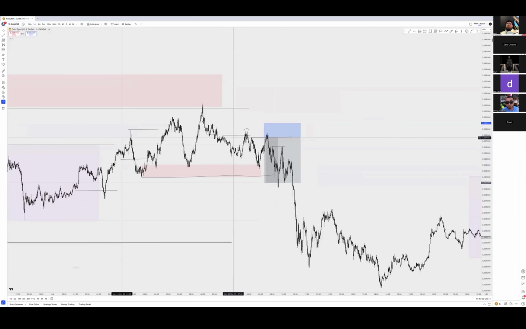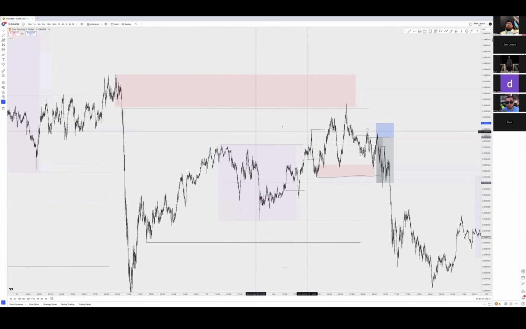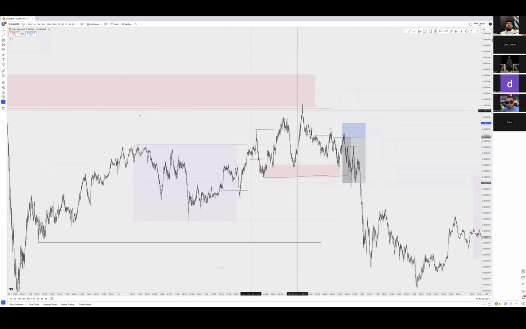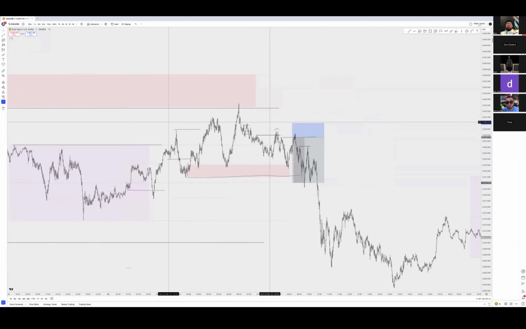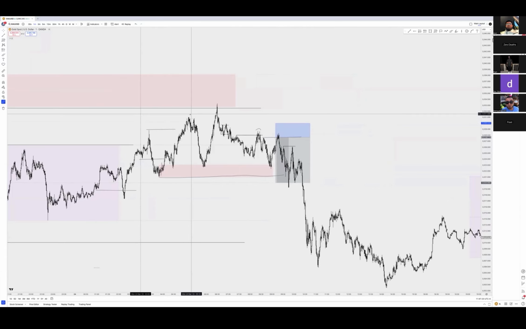So London, I'd say a little bit slow PA. You'd have to wait for more PA to play out and not force anything because you can't really pinpoint exactly when it's gonna flip. Obviously, you mark this out. You wait for what price action actually tells you. There you go. Respects it, moves lower, builds that liquidity, takes it out. You can start looking for shorts.